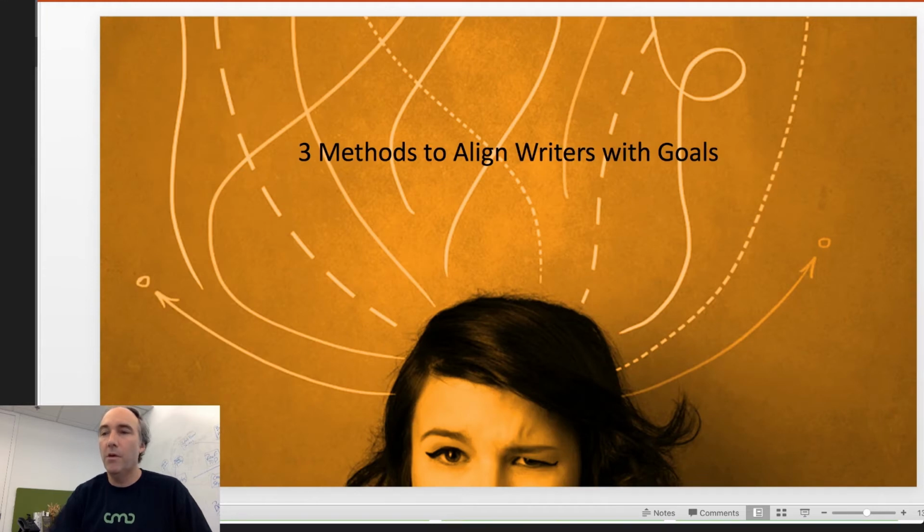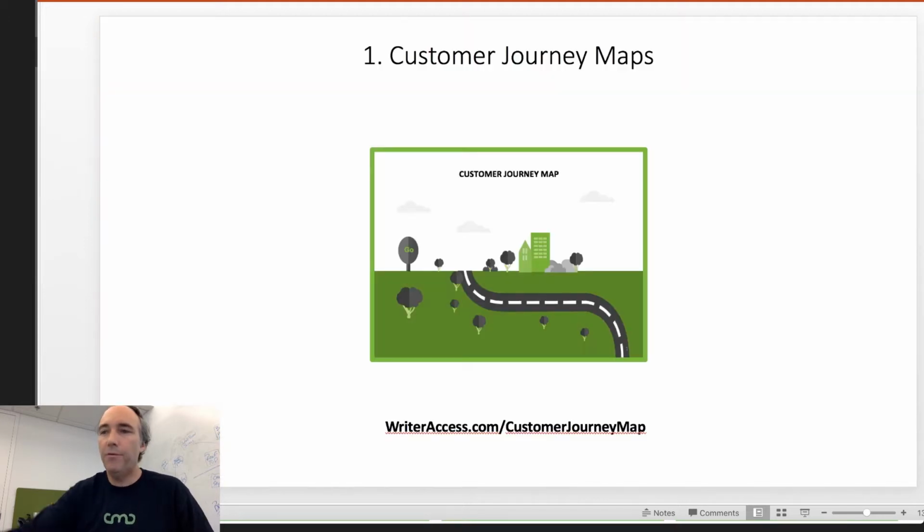Those are the challenges. So let's just go quickly now into some methodology that I think is critical for us all to learn to make this process better, so we can produce better content and educate and acclimate all of our writers. The first thing I want to talk about is customer journey maps. A customer journey map essentially documents what a customer is thinking and feeling throughout various stages of the journey. And it also, of course, helps your team members walk in the shoes of your customers. It's a critical document that helps writers understand what the goals are for particular writing assignments.